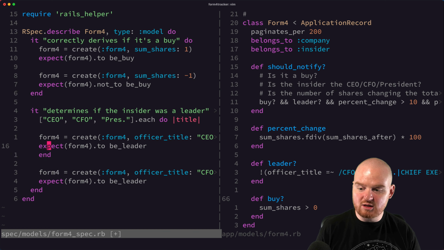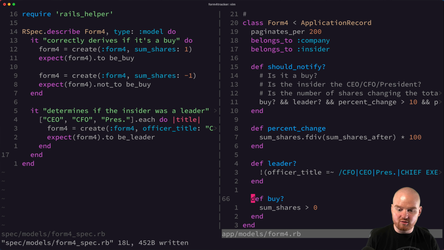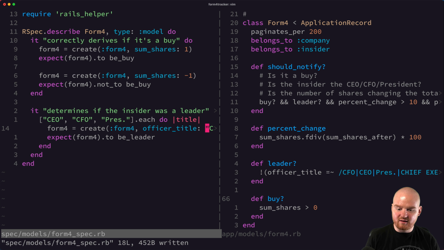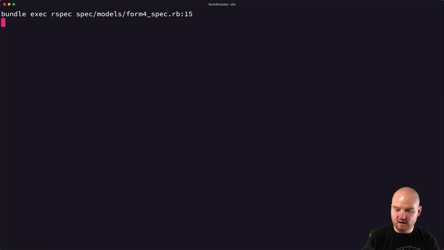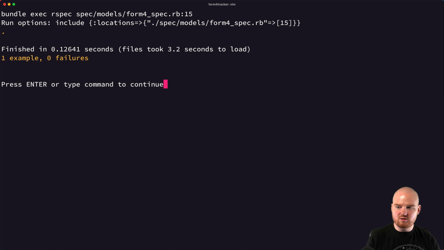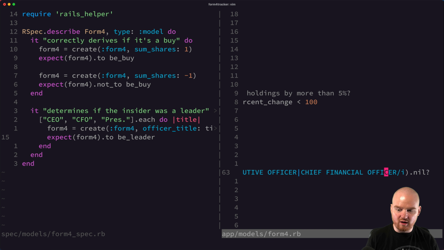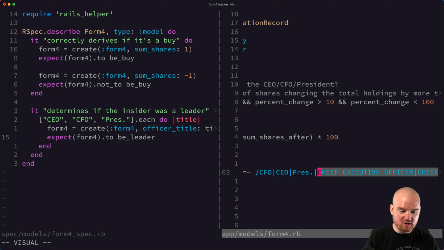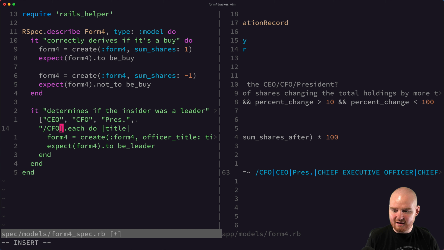and so we can use loops inside of our tests. We don't necessarily need to write out every single thing hard coded, right? And so this can say, if the officer title is one of these titles, then we want to expect and ensure that it is a leader. Now, if you imagine that as your application develops and grows, this regular expression that we're checking to see if it's a leader or not might also grow pretty substantially, right? So at first we're just sort of copying and pasting each of these different possible values, and